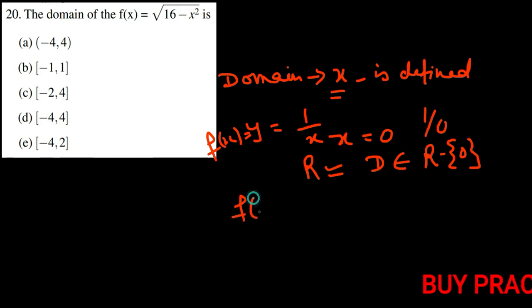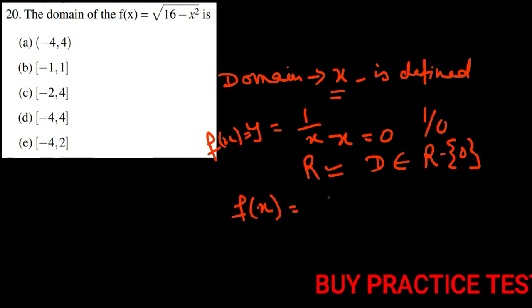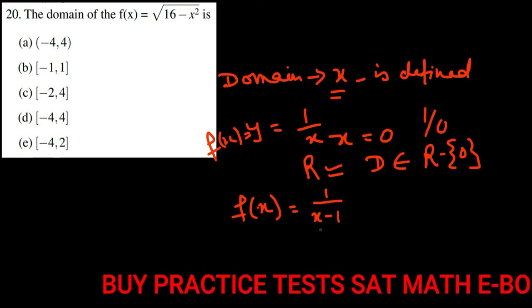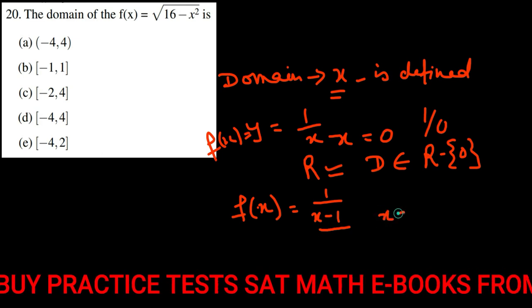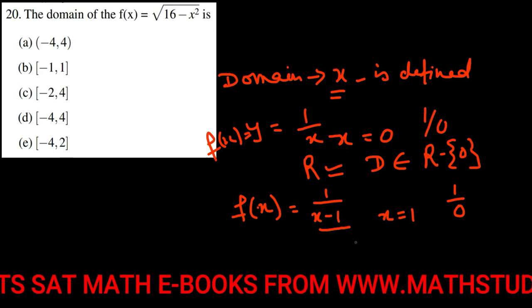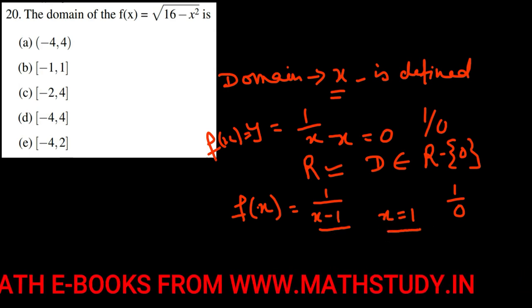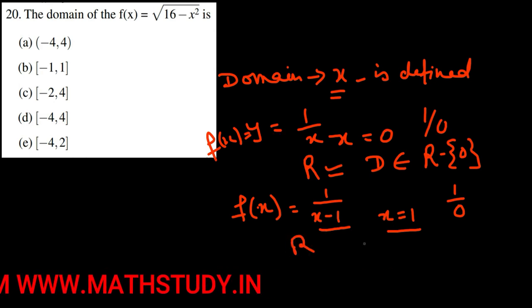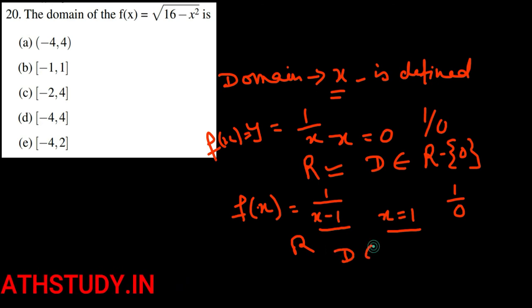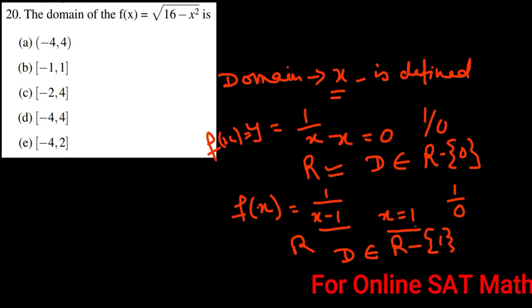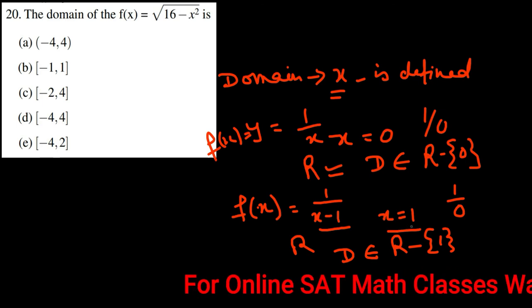Similarly, let us take another simple example so that your concept will be clear about the domain. So 1 upon x minus 1. Here we can see if we put the value of x equals 1, then the function will become 1 by 0, right? Therefore, except the value of x equal to 1, all real values should satisfy here. In this case, we can say that our domain belongs to all real numbers except the value 1, right? I think your concept is clear now regarding the domain.